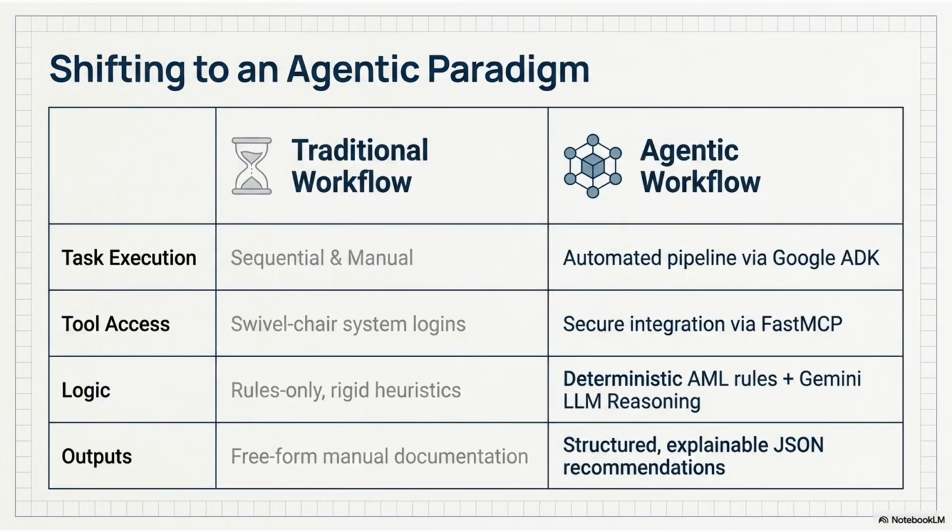Now, this problem is naturally suited to agentic AI because it consists of several coordinated activities rather than a single AI prompt. I've designed three specialized agents here: an alert normalization agent, a financial crime investigation agent, and an explainable recommendation agent. Together, they create a modular, explainable, and secure workflow.